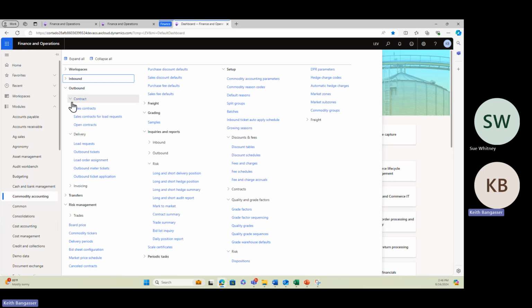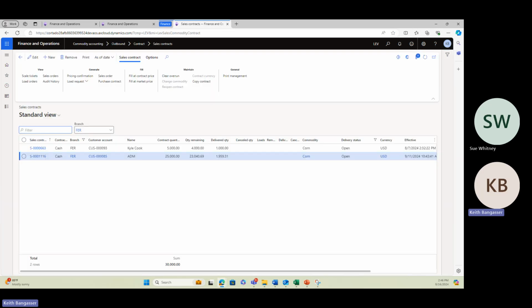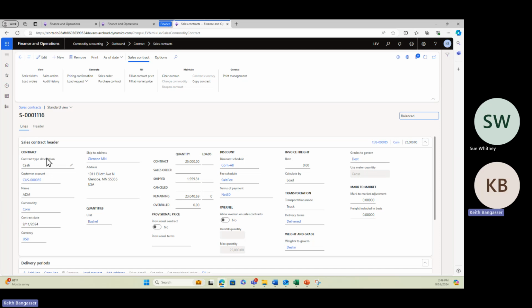I've got a sales contract in the system here. So we're going to go to commodity accounting, outbound contract, and look at the sales contract. I have an outbound contract here for ADM. And you notice here it's a 25,000 bushel contract, and we have 1959.31 applied to it. Now, the contract is for destination weights to govern and destination grades to govern. So we will want to put in the destination weights and grades in order to get an accurate accounting on